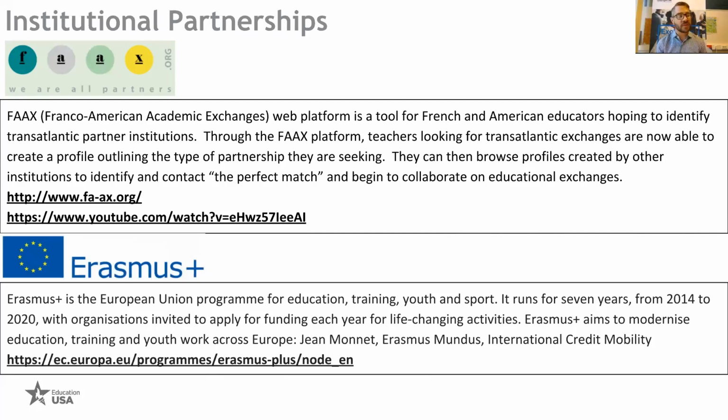At the bottom of this slide, and this is as condensed as possible for this enormous program that many of you probably know about, it's Erasmus Plus. I'm sure many of you know about the Erasmus Plus program, and the first thing to note is that the Plus, Erasmus Plus, is just the name for the program that lasts until 2021.